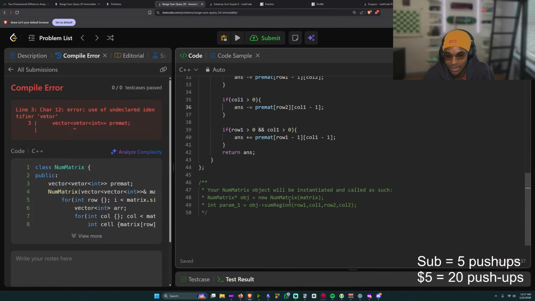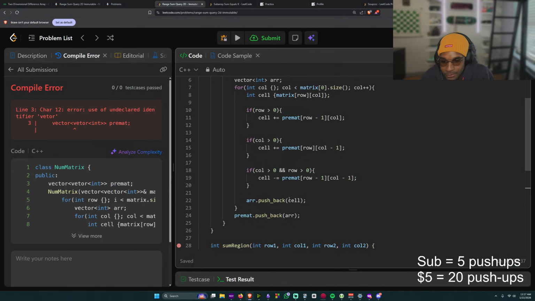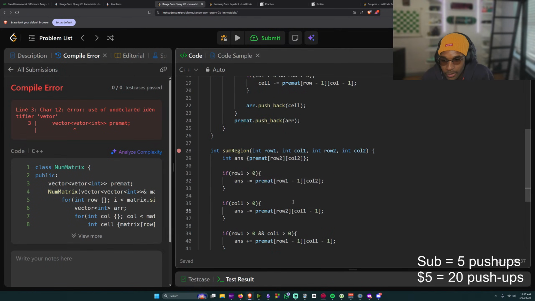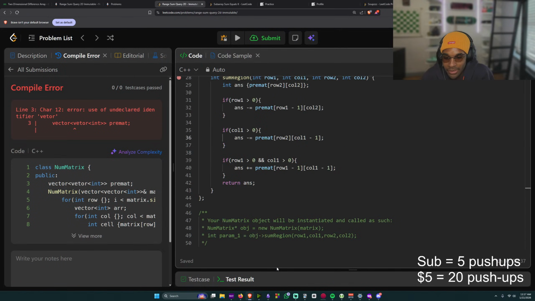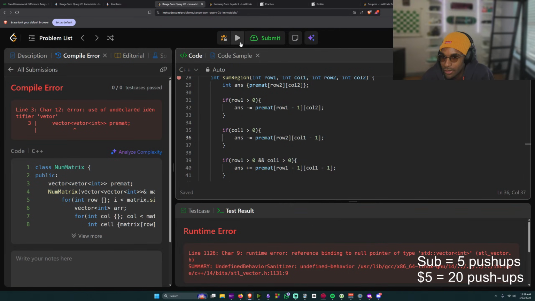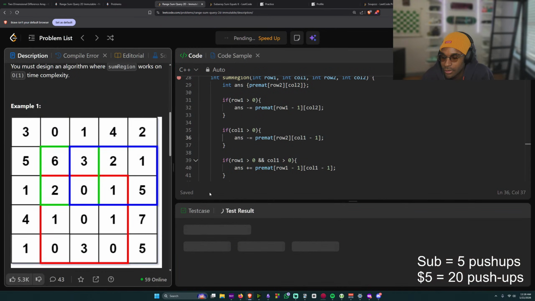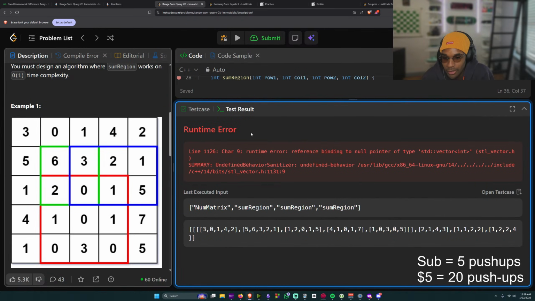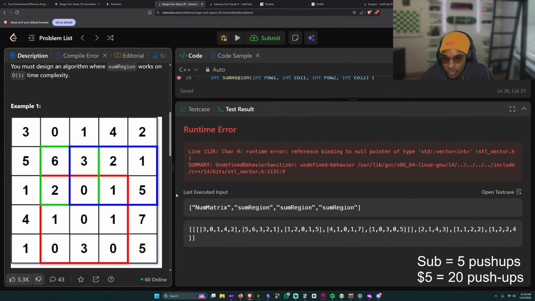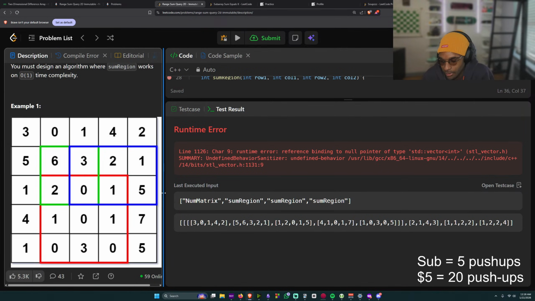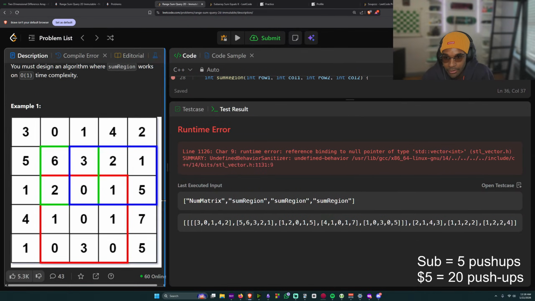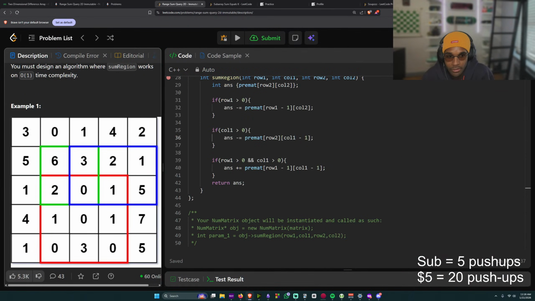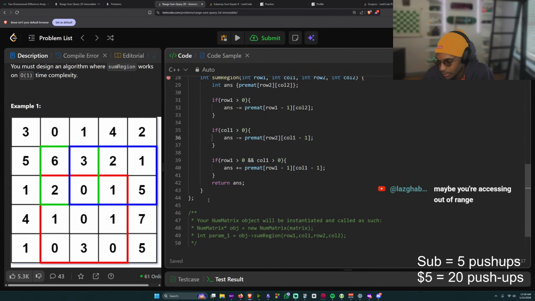I don't want to ask AI, but can it give me like a real error message? I keep running it thinking something's gonna change. I might have to almost reset it. Maybe you're accessing out of range. They don't just say list out of range or something?